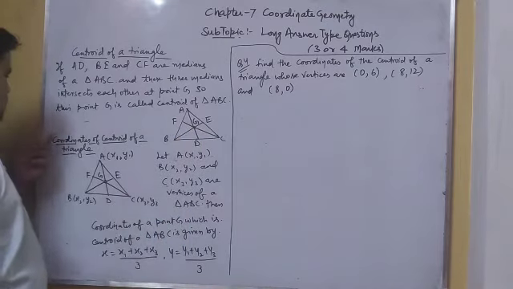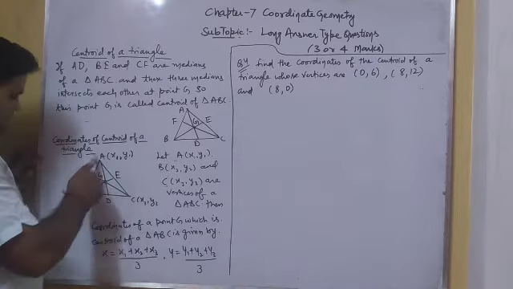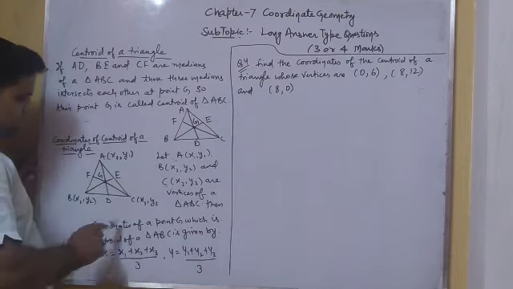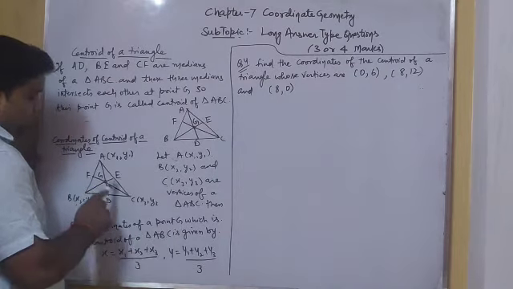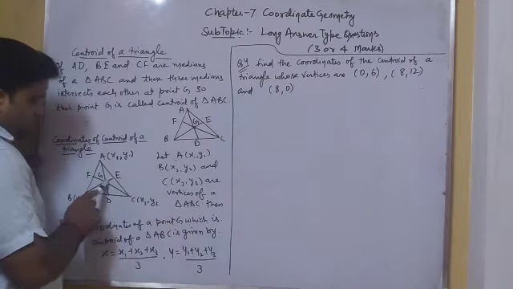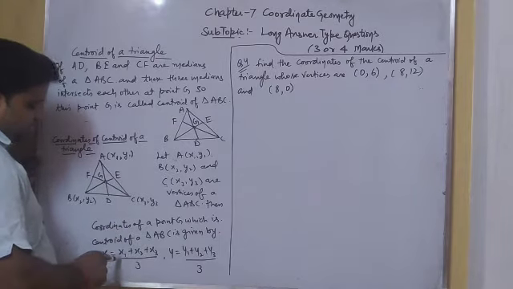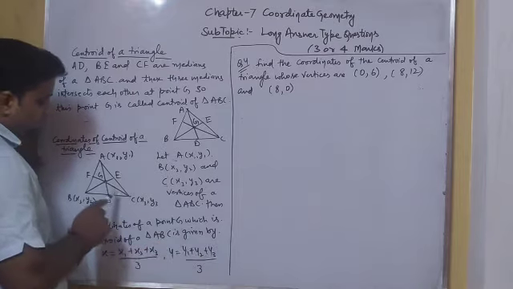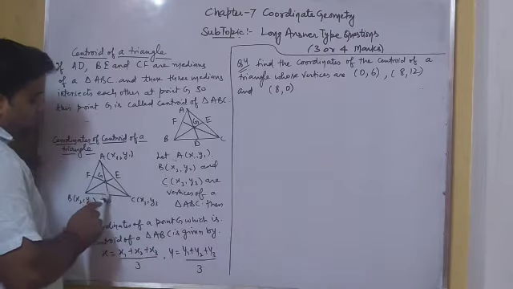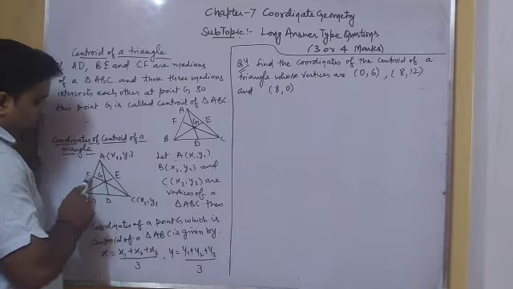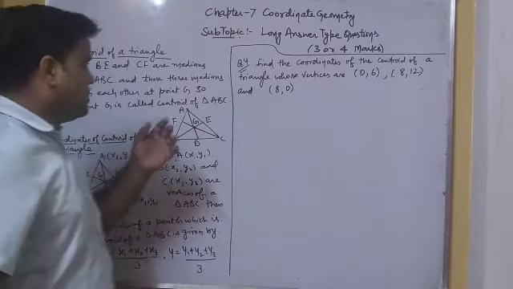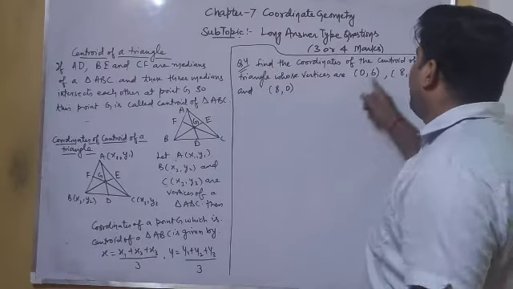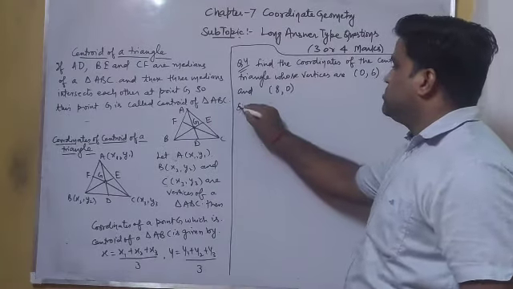Now let us come to the coordinates of the centroid of a triangle. We have a triangle ABC and the coordinates of the three vertices are given. The coordinates of point G, which is the centroid of triangle ABC, are given by x equal to (x1 plus x2 plus x3) by 3, y equal to (y1 plus y2 plus y3) upon 3. We can find the coordinates of D, E and F by using the midpoint formula. Now let us come to question number 4. As we have to find the coordinates of the centroid of a triangle and the vertices are given, let us come to the solution.